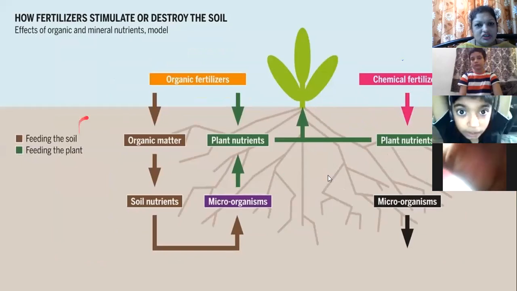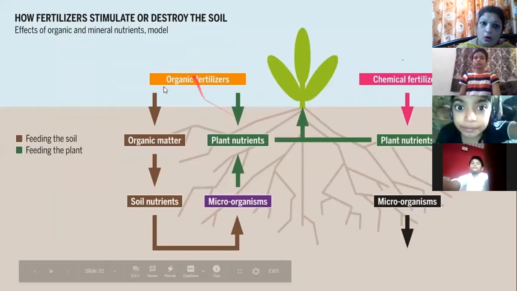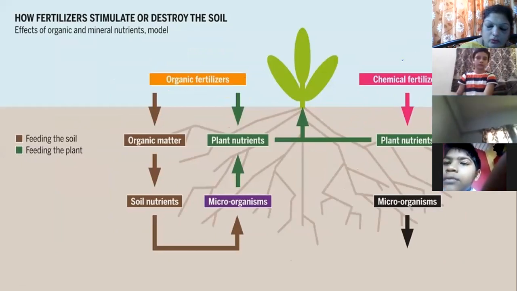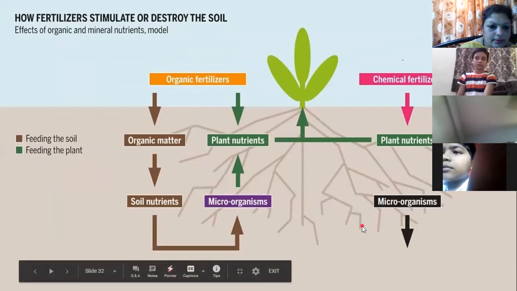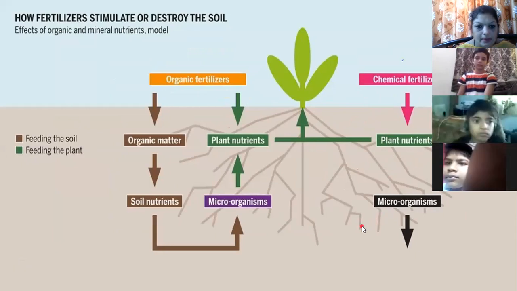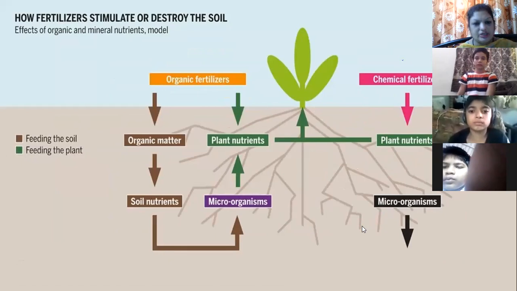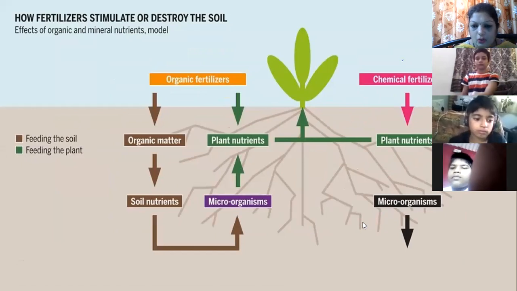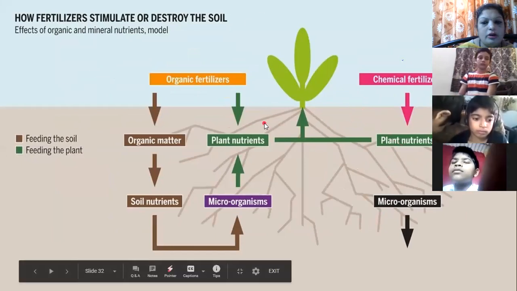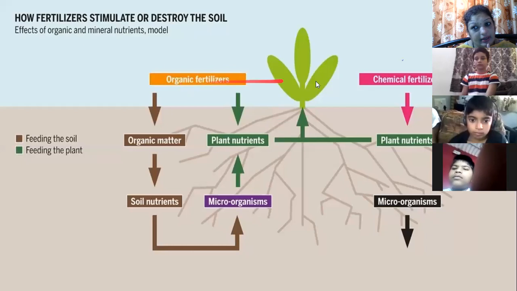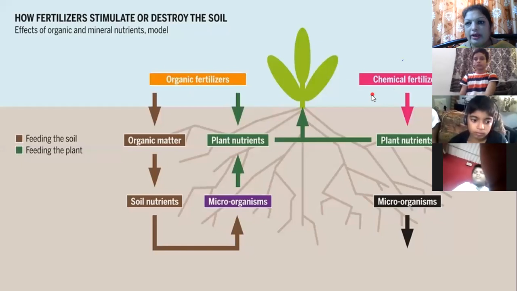Now, this diagram explains how organic fertilizers are better than chemical fertilizers. But what has happened nowadays, boys? We need good production, and that's why we go for chemical fertilizers. Why? The population of India is increasing. We should increase the production also. But observe this diagram carefully now. If you want good quality food, then go for organic fertilizers. But if you want the quantity to be more, then go for chemical fertilizers.